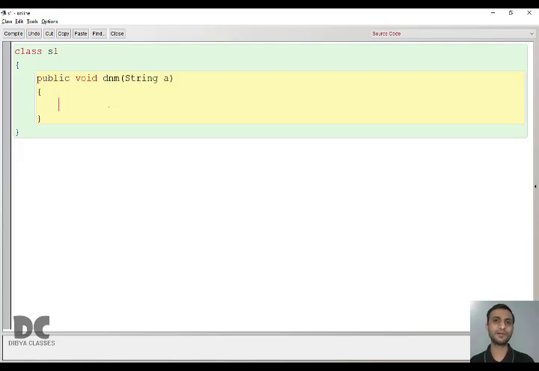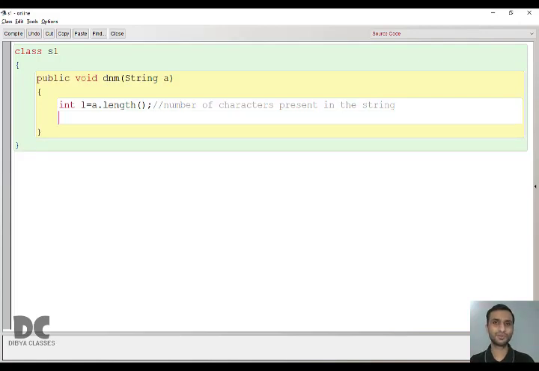Number of characters is nothing but we'll find the length. Let the variable be L of type int and we'll write a.length. So this will give the number of characters present in the string.